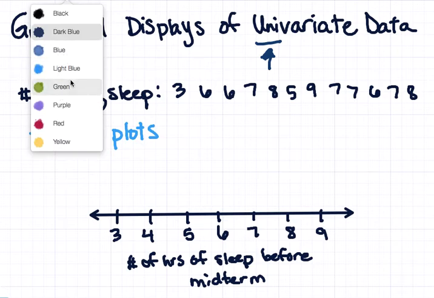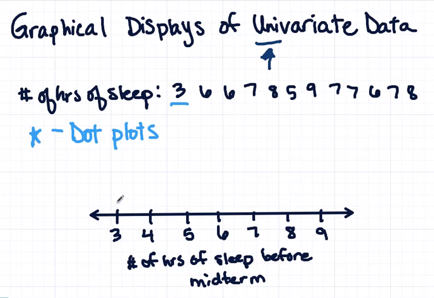So we see here that we've got 1 three, so I just need to make a single dot above the 3. No 4s. We do see we have a 5, so let's put a dot above the 5. Okay, 6s, we definitely got 6s. We've got 1, 2, 3 6s, so I'm going to make 3 dots there. Now we're up to 7. We got 1, 2, 3, 4 dots to make above the 7. I've got 2 eights, so those 2 dots there, and then 1 nine, so 1